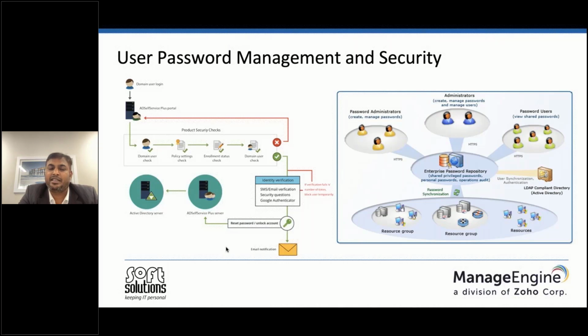It maintains a VPN connection to the endpoints, and as and when it identifies that an object account has been unlocked or a password has been reset, those details are passed on to that particular endpoint using a VPN connection, and it updates the endpoint cached credential. So the user will have access to